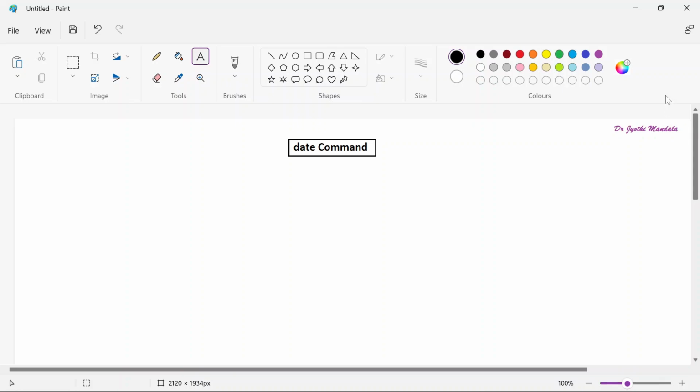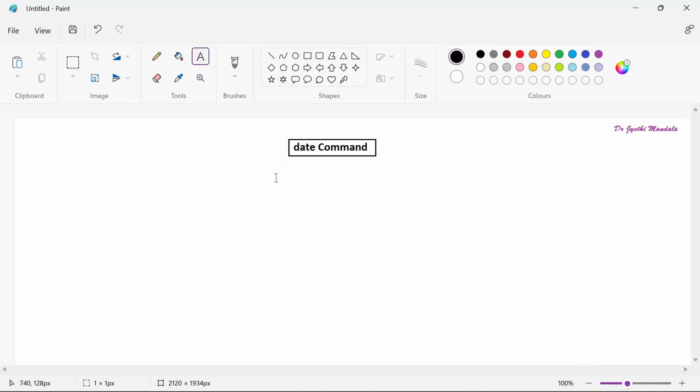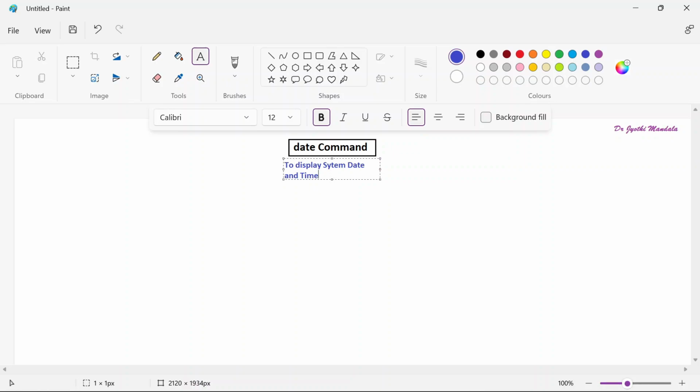Okay, so let us first see what is the use of this date command. The name itself mentions what it is used for. Date command is used to display the system date and time. That is the main use of this date command, so make a note of this, all of you. The way you want to display the date, the way you want to display the time, we have multiple